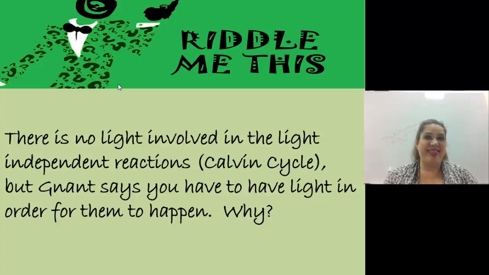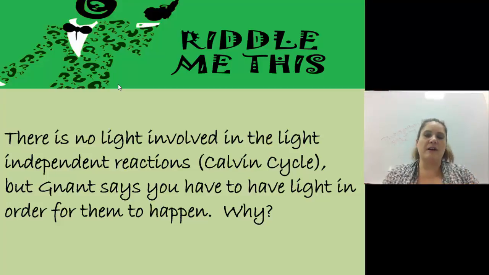All right, so that's it except for this question. There is no light involved in the light-independent reactions, but Gnant says you have to have light in order for them to happen. Gnant says you can't have the Calvin cycle without light. What? I just went through this whole big thing about how you don't need light to do the Calvin cycle, but I say you do need light to do the Calvin cycle. Why? See if you can figure it out. Then pause. Think about it. If you pause and you think about it for a few minutes and you still can't figure it out,